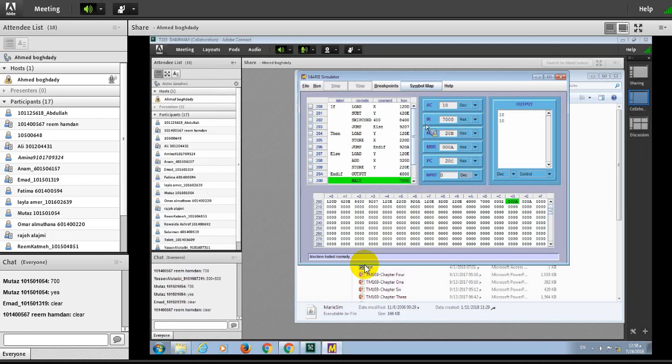The index register value, the memory address register, memory buffer register, program counter. Then,